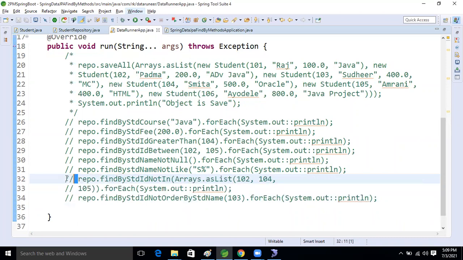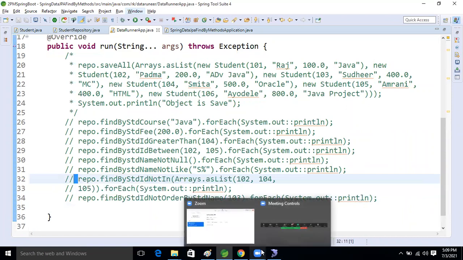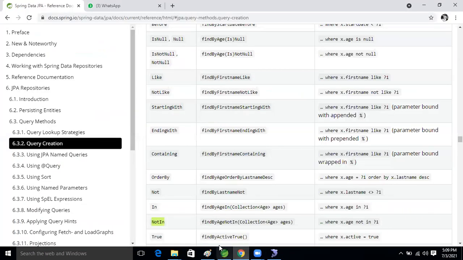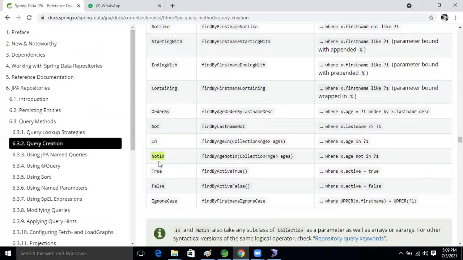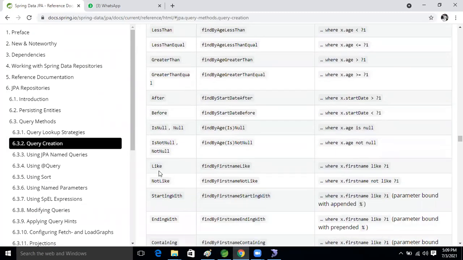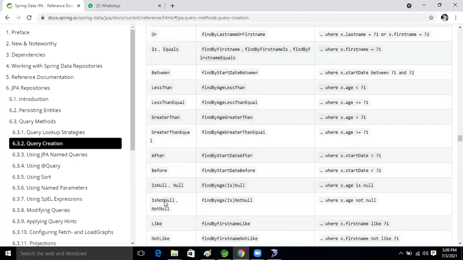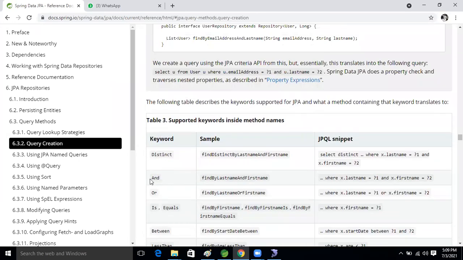Okay, guys. So another one is also coming. Let's see that: and and or are also there. The and operator and the or operator.